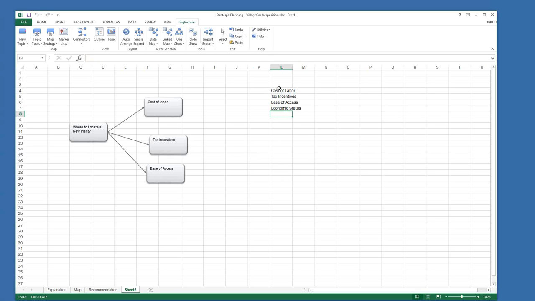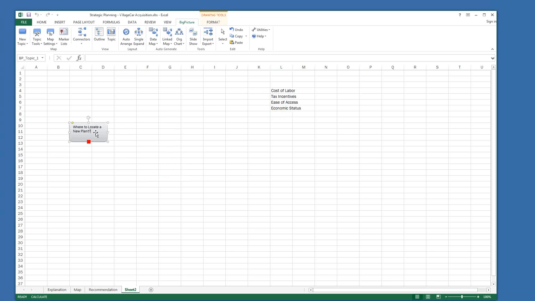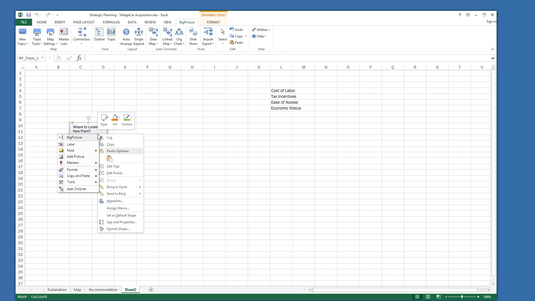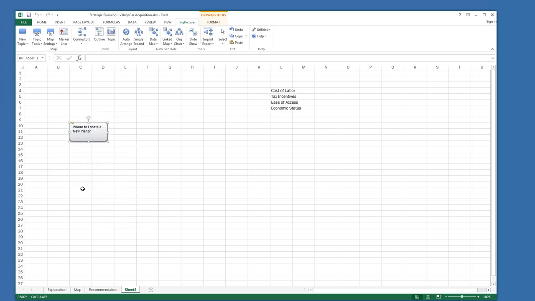So say we had these 4 things. Instead of individually drawing them all out, I'm going to delete these off here and show you another easy way in BigPicture that you can do that. I can click on this topic here, right mouse click and choose Add Children,